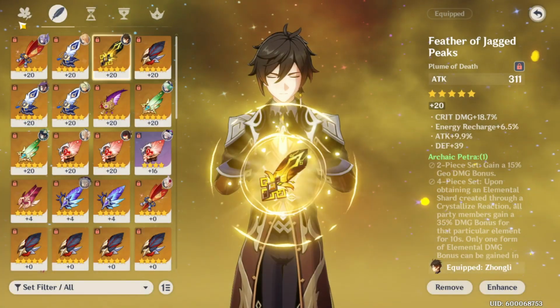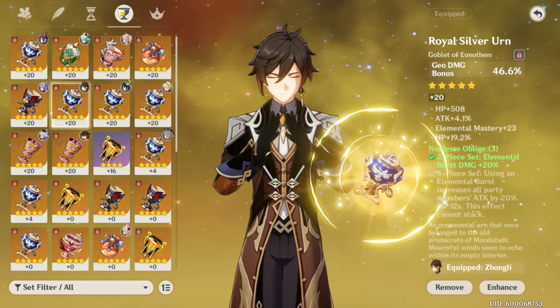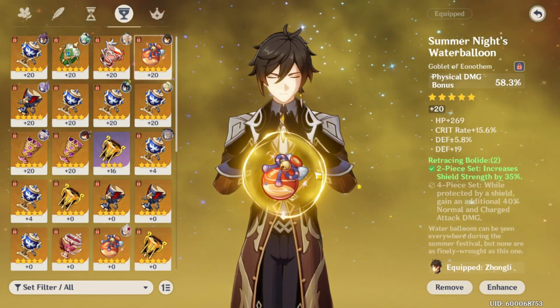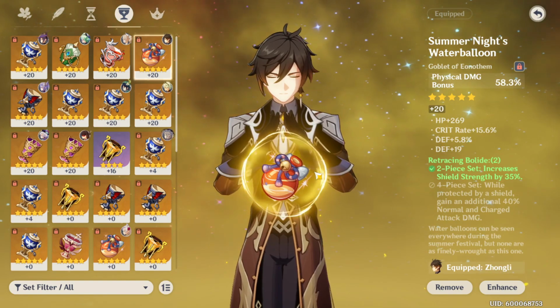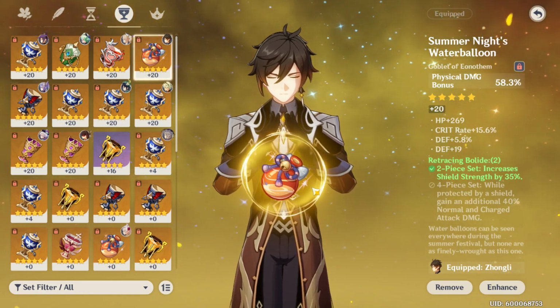So with that being the case, what you're going to want to go is either 4-piece gladiator set, right? You want to go 4-piece gladiator set with a physical damage goblet, which most people won't have, right? Who actually has 4 gladiator pieces that have good substats? Almost nobody. Well, if you can't, you can go 2-piece gladiator and then go 2-piece bloodstained chivalry, which will give